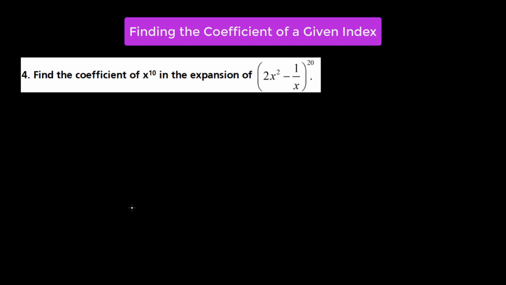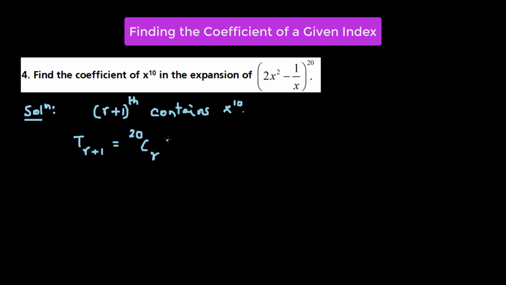So in this particular question, we have to find the coefficient of x raised to the power of 10 in the given expansion. So what we do, we assume that the r plus 1th term contains x raised to the power of 10. Then we find the value of t r plus 1, which is equal to 20Cr times the first term, 2x squared raised to the power of 20 minus r times negative 1 over x raised to the power r. And we simplify to get